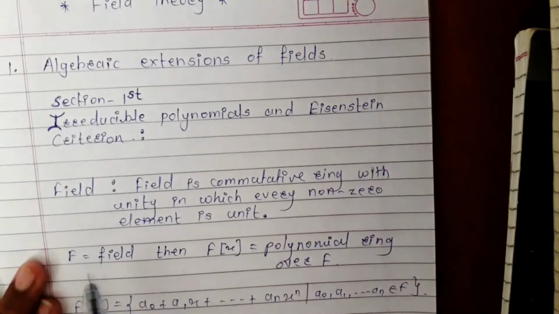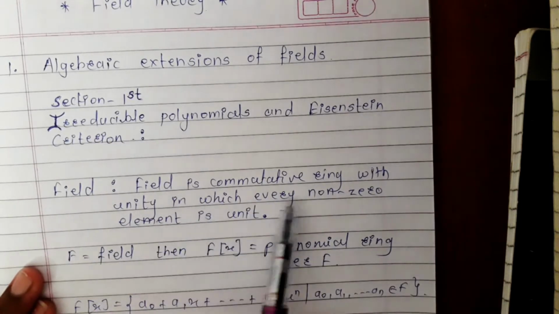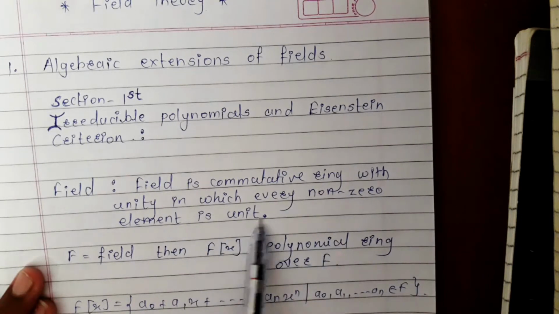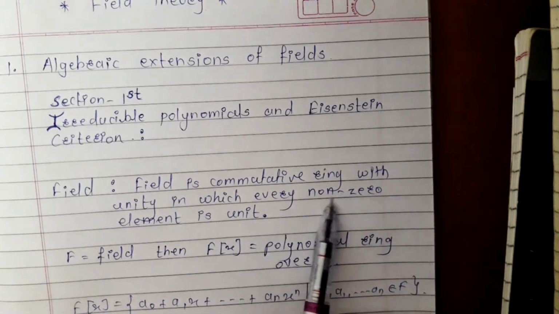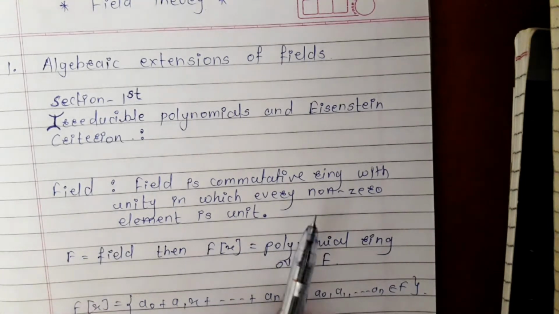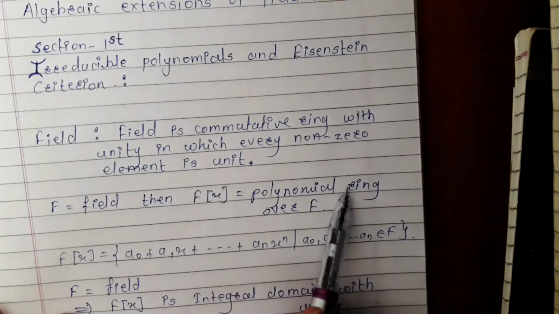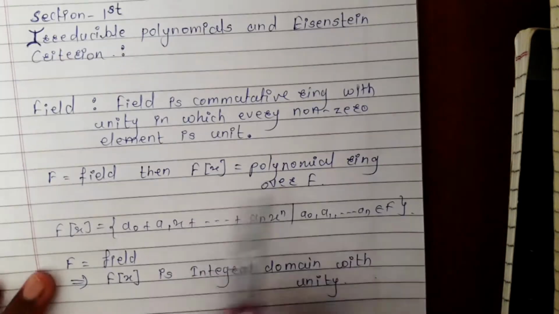So first we revise the definition of field. A field is a commutative ring with unity in which every non-zero element is a unit. Every non-zero element is a unit means that for every non-zero element of the field there exists a multiplicative inverse for that element. We know that if F is a field, then F[x] is the polynomial ring over F, where F[x] is equal to